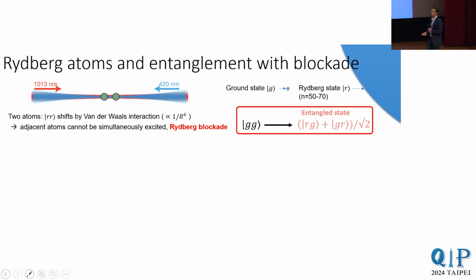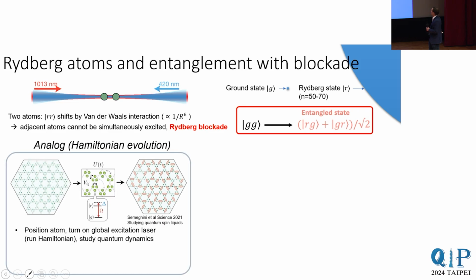And what this looks like is now if we put 2 atoms next to each other, both in the ground state and they're within a blockade radius, and we simultaneously try to excite them to the Rydberg state, then what's going to happen is that they're going to both simultaneously try to go to the Rydberg state, but they won't be able to choose who gets to go, so they're going to go into an entangled superposition, Rydberg ground plus ground Rydberg. And we in our community have used this over the past few years to do a variety of different kinds of quantum simulation experiments.